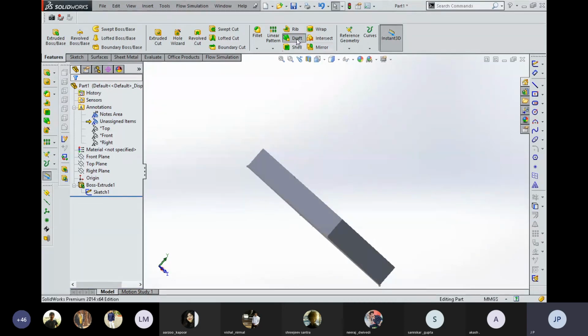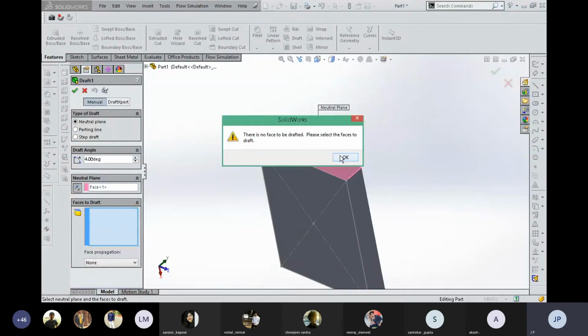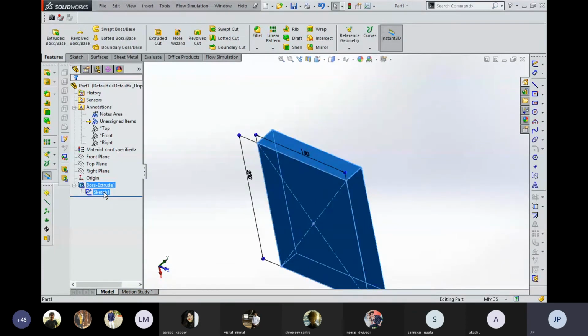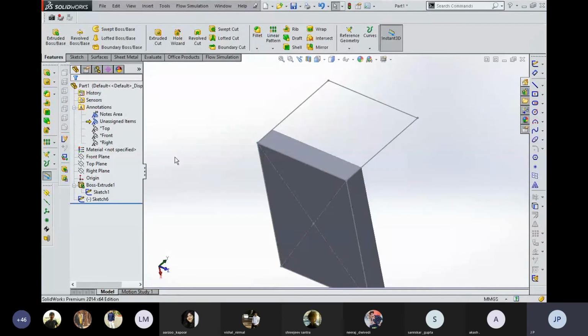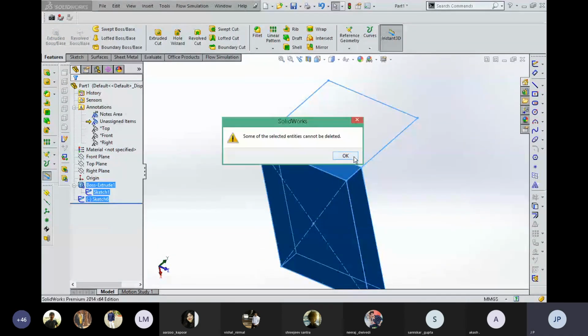Now the last draft which is available over here, select, flip by an angle of, faces to draft. Okay, actually I need a circular component for better visualization, so I'm going to delete all the parts.